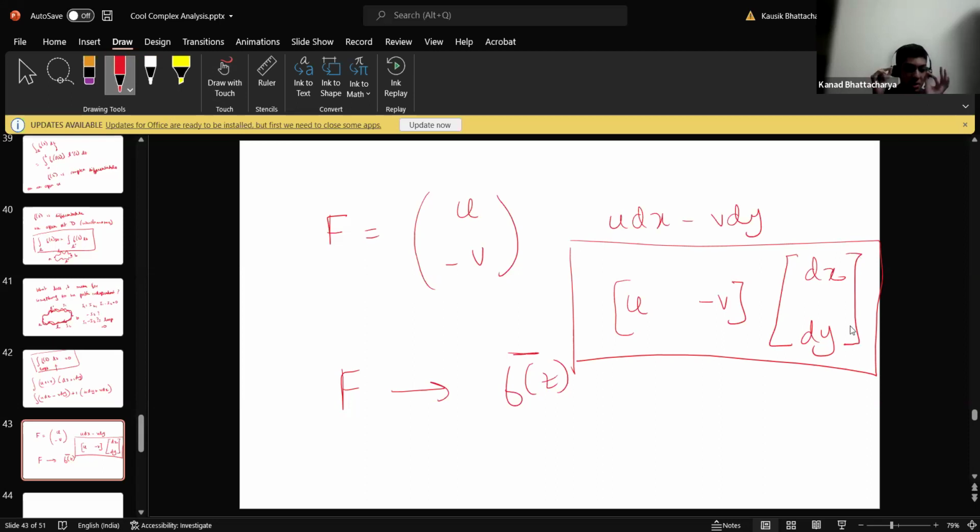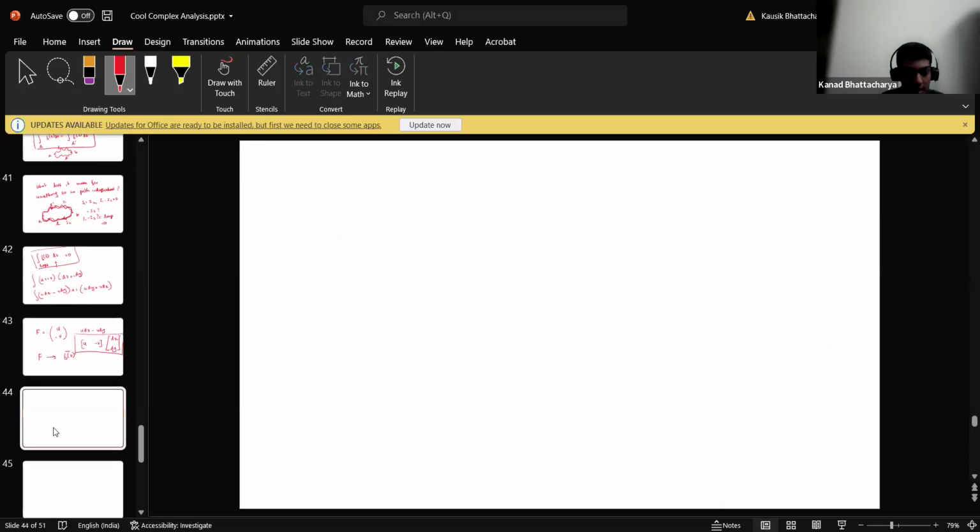And here's the thing, there's this really cool theorem which allows us to evaluate vector fields of this form. If you think from physics, like the work-energy theorem and all that, you will know that if you have a conservative force and you do work with that conservative force around a closed loop, the net work done is zero. So basically I'm trying to do that here. What I'm trying to do is interpret this part, u dx minus v dy, as work done